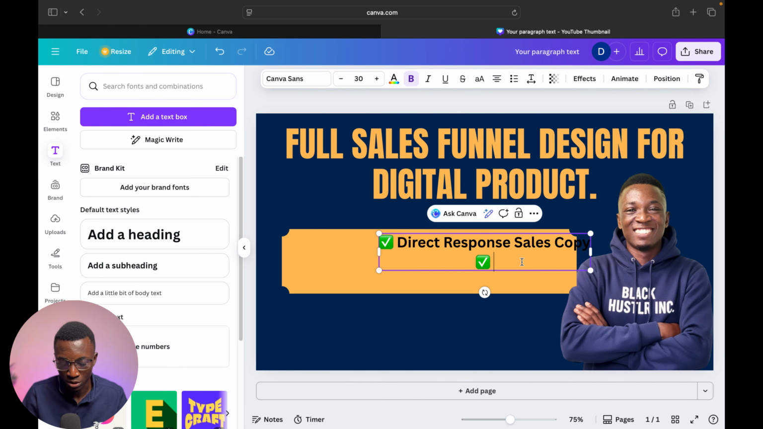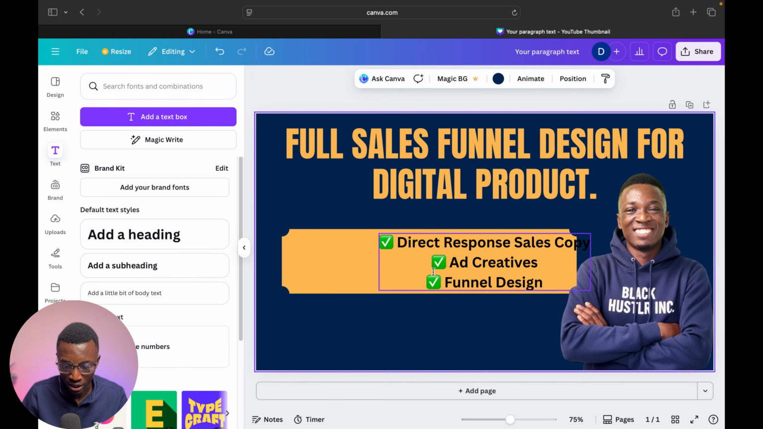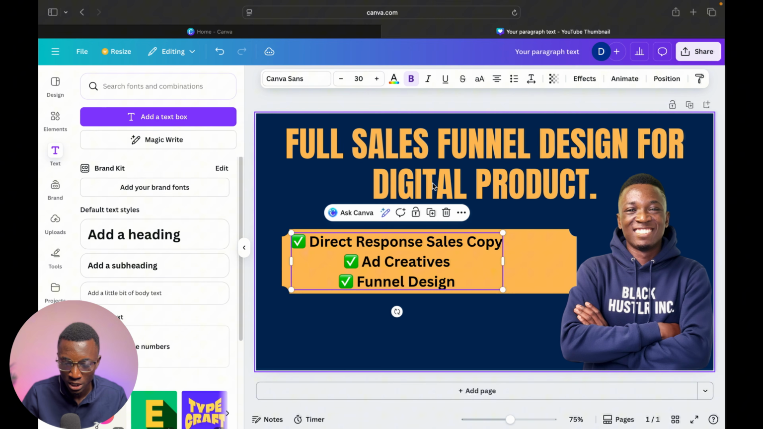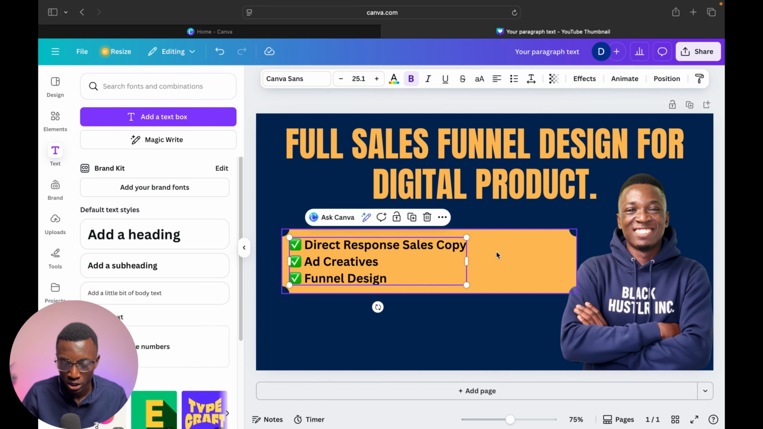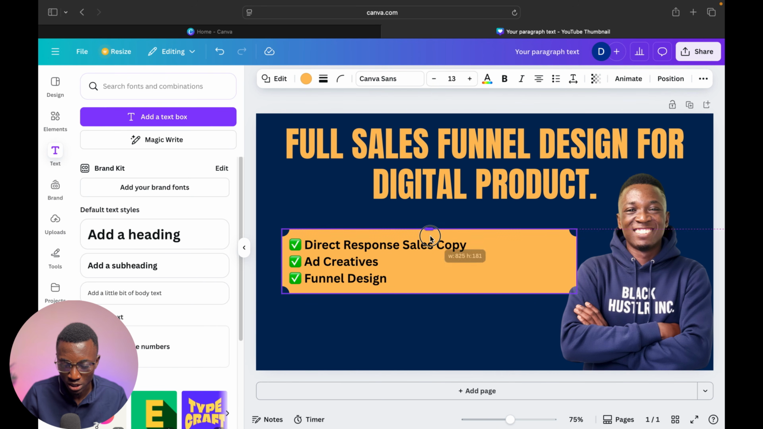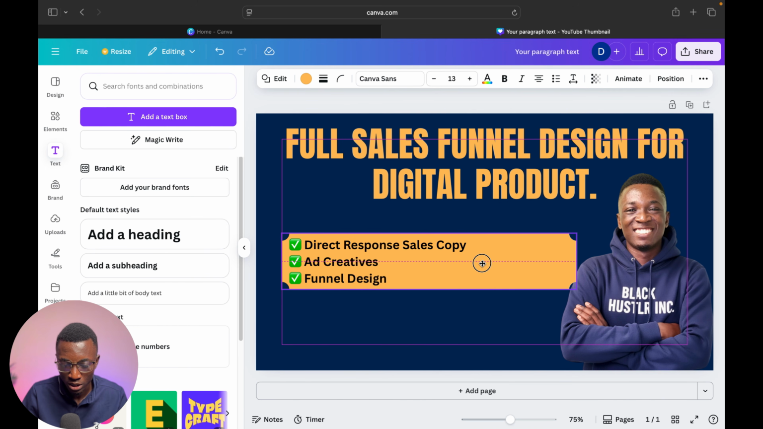All right, so I'm just going to say add creatives, and the next one I'm just going to choose funnel design. Done. Okay, funnel design. All right, so now I have 3, so I'm just going to take this to this edge, and I'm just going to align it to this side. So I can decide to reduce the size, or I can leave it that way. So for me, I just go to reduce the size a little bit,